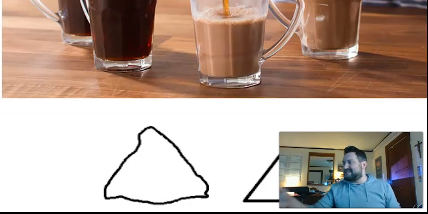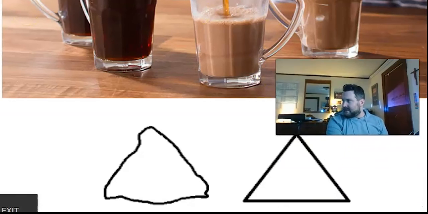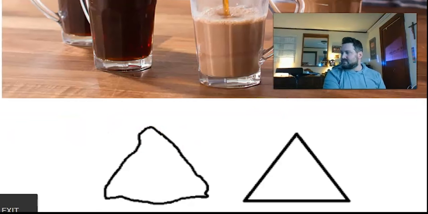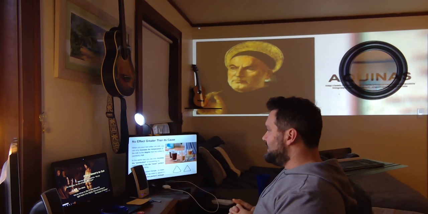Let's think about this example of this triangle here. Take a look at the triangle on your screen in the bottom right-hand corner. I'm actually in the way of that. Let me move out of your way here. Okay, we've got two triangles, right? I drew the one on the left. The ideal that I'm working toward, the high abstract ideal of a perfect triangle. That's what I'm trying to draw. I'm falling short because I'm human and I have these tiny little micro movements. It's not a perfect triangle, right?